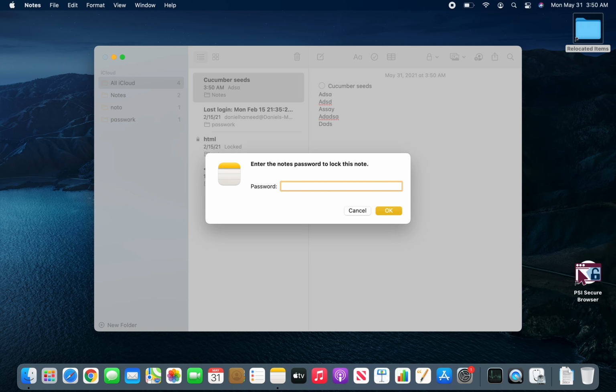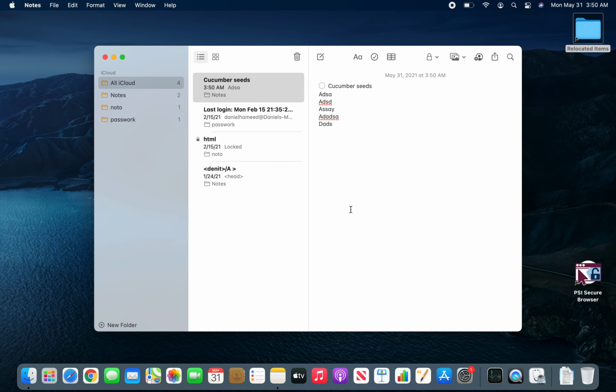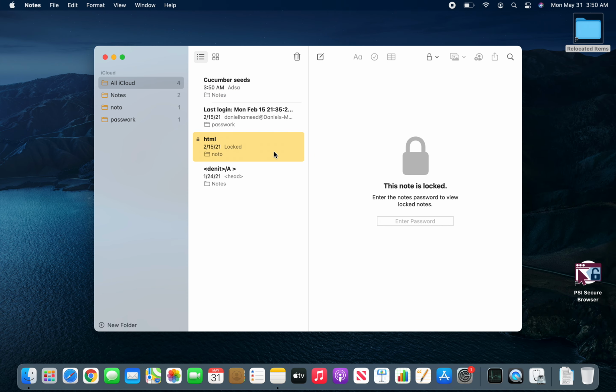Okay, what's happening is that Notes has a feature where you cannot set passwords for individual notes. So it will be one password, and that will unlock all of them. Since he already went in and put in a password that I have no idea what it is. Okay, yep,